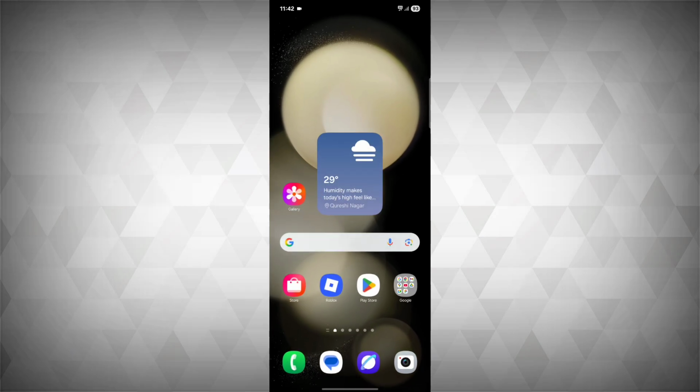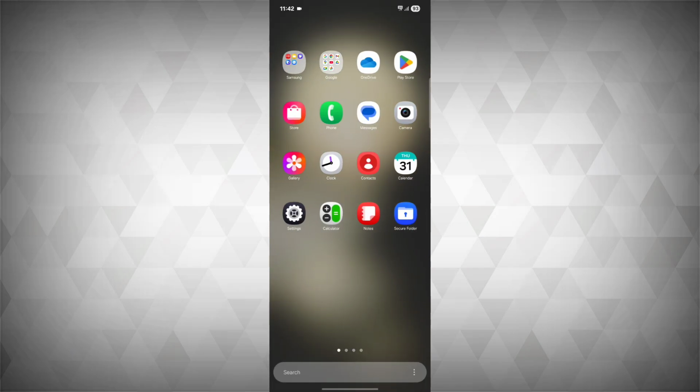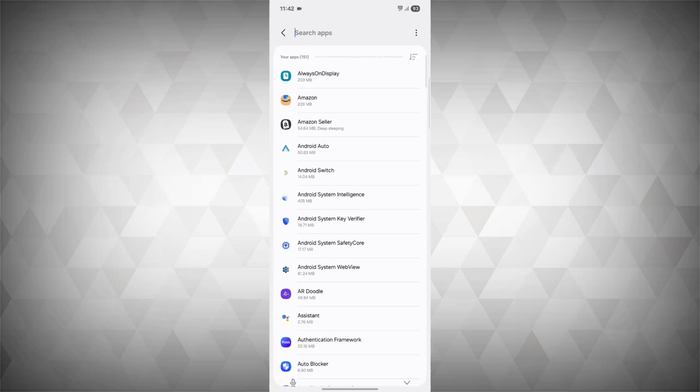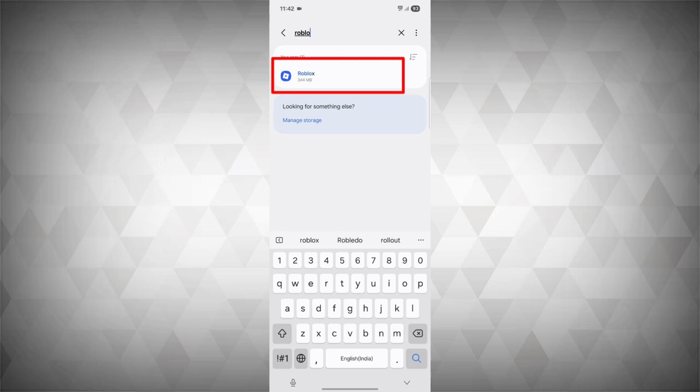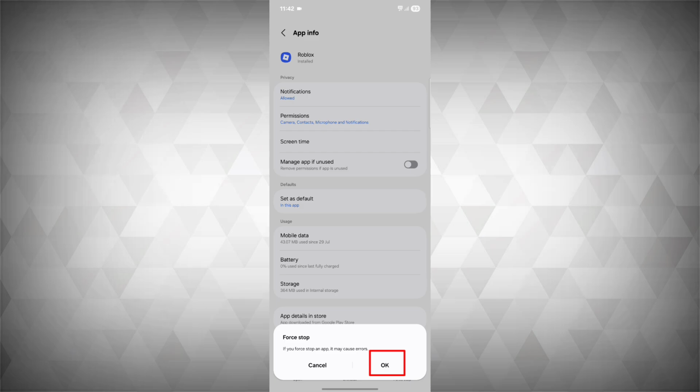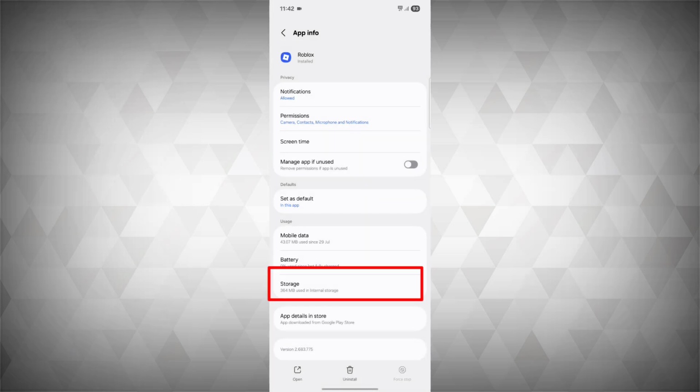So first, open settings, scroll down and go to apps. Now search for Roblox, tap on force stop, click OK. Now go to storage,